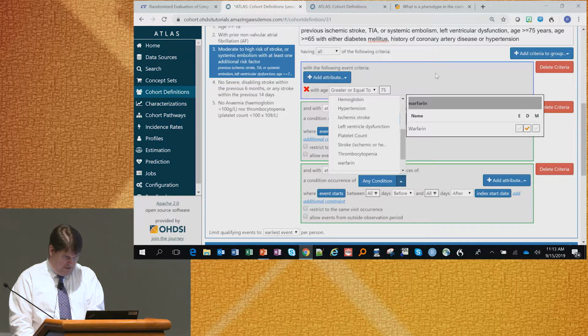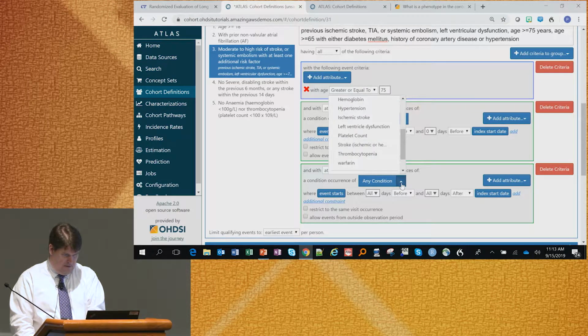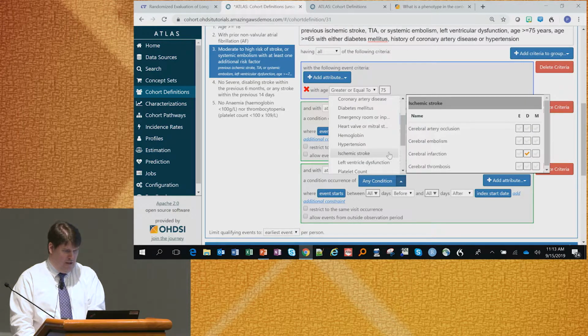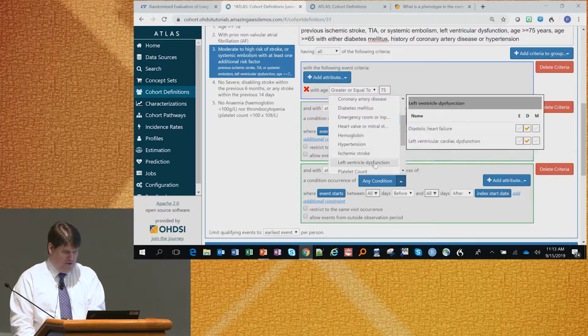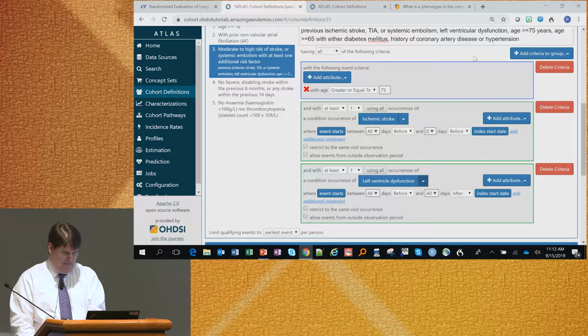Sorry, did I already do the... Gotcha. I'll just do the left ventricle dysfunction here. All right. All days before, 0 days after. Or 0 days before. Let's see, and then we'll do this other one, so we have those 3